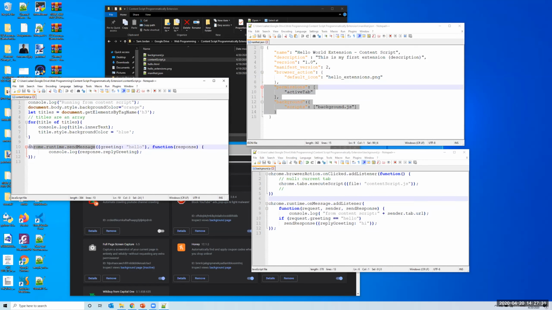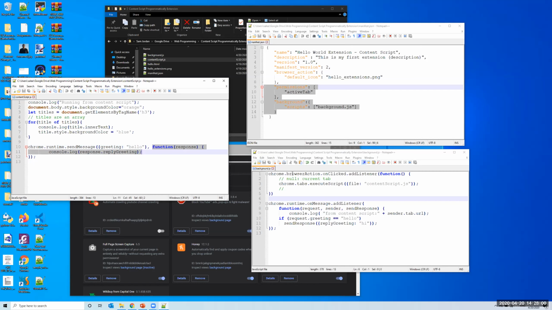These are keywords, reserved words, so you cannot play around with them. My message here has greeting, which is a variable name. You can have whatever you want here, X, Y, Z, and this is the value. And I have a callback function, which will be executed once my message has been sent